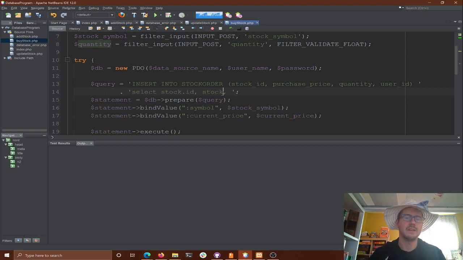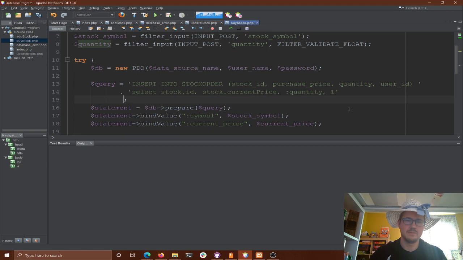So we want to take the stock ID, the stock dot current price, the quantity, and that'll be a substitution quantity, and then the user ID. So I'm just going to fix a 1 in here. You can fix that part after, or pick a different user ID. So we're going to select that now from, and now we're going to keep doing our query.